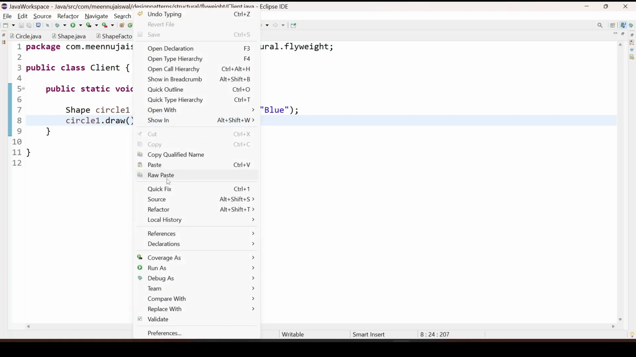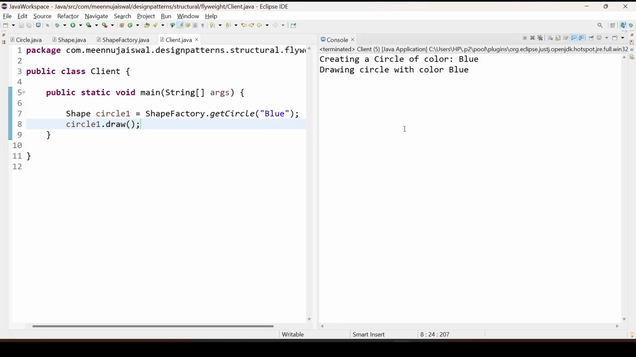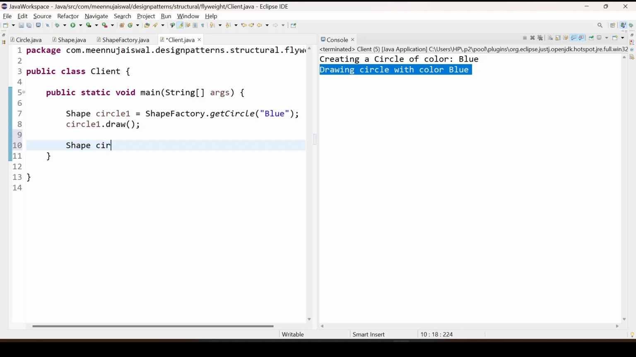So this is the first time which we are creating. So the circle would not be present, the object would not be present in the shape factory's map. So it will create the circle first and then we are drawing with that circle. Okay. So now let us see what will happen if we are trying to create another circle of the same